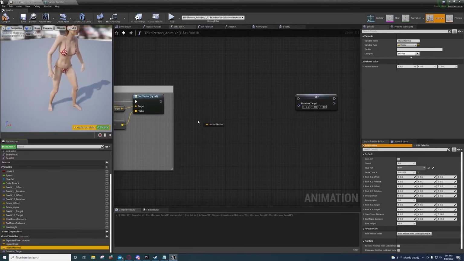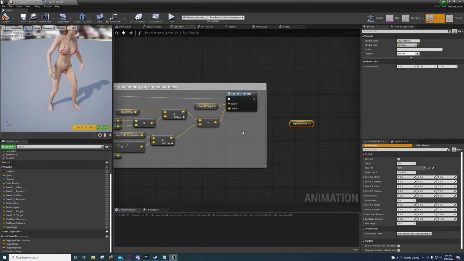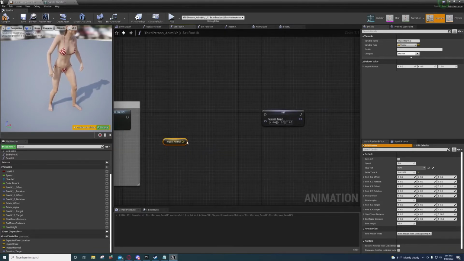And then we're going to get this impact normal, and we're going to split it,